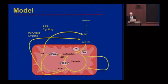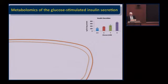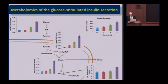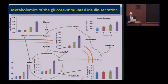For instance, if we take our cells and we incubate them at different glucose concentrations, we get different insulin secretion rates. And if we were to look at the metabolites in the different pathways at these different glucose concentrations, we'd see that most of them go up, but we can't distinguish what this is telling us about which metabolic pathways are active. So that's where we developed a much more involved